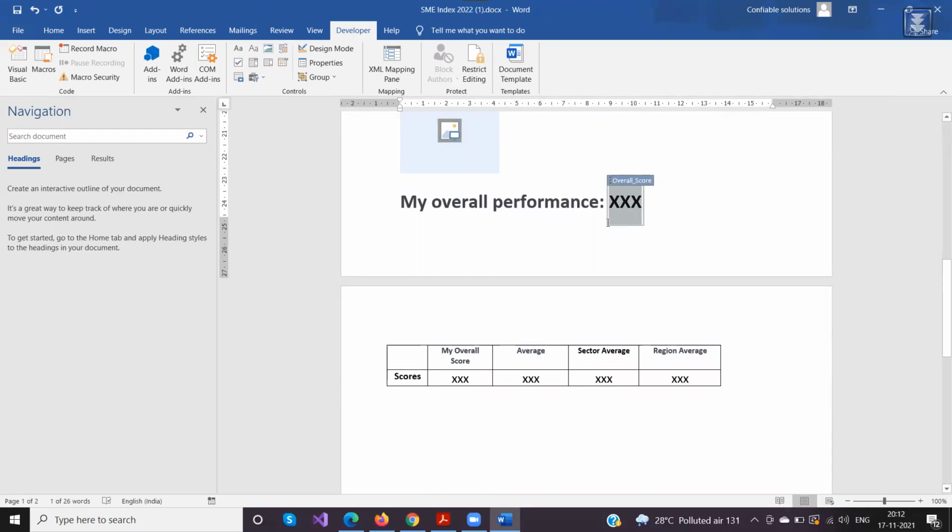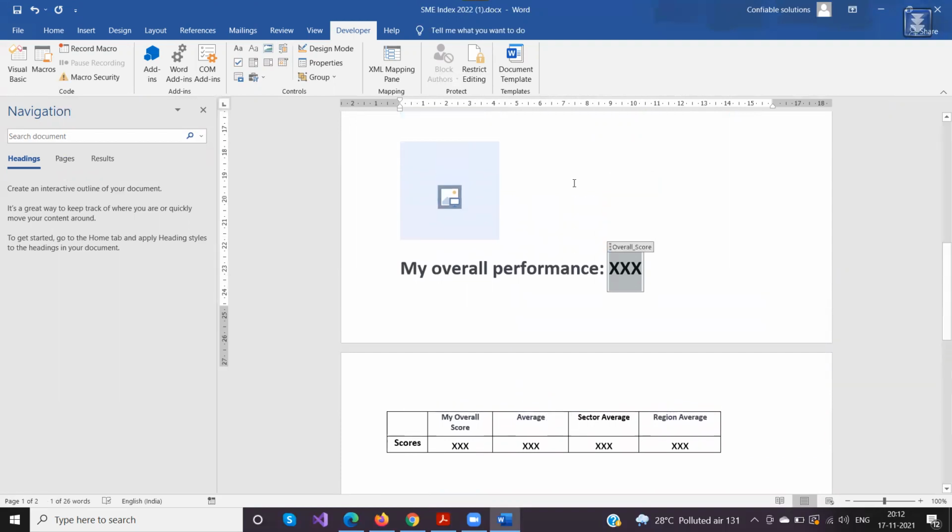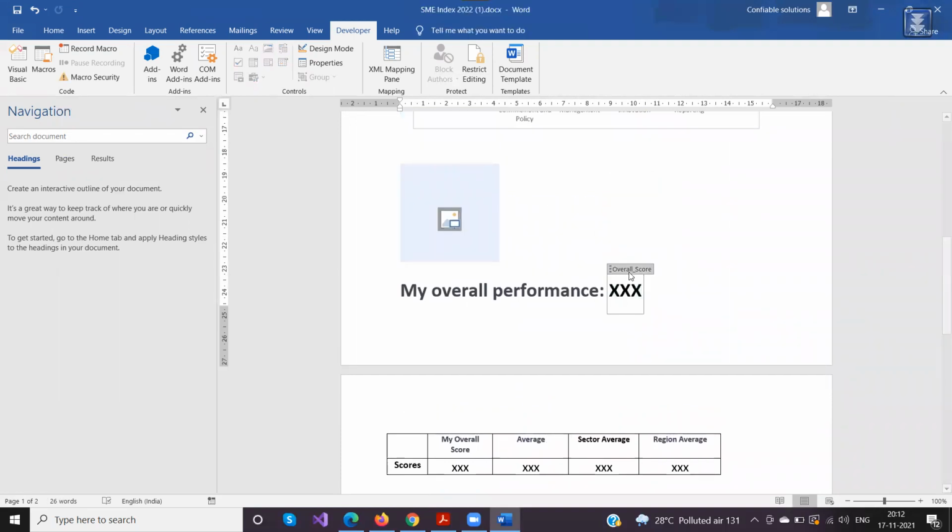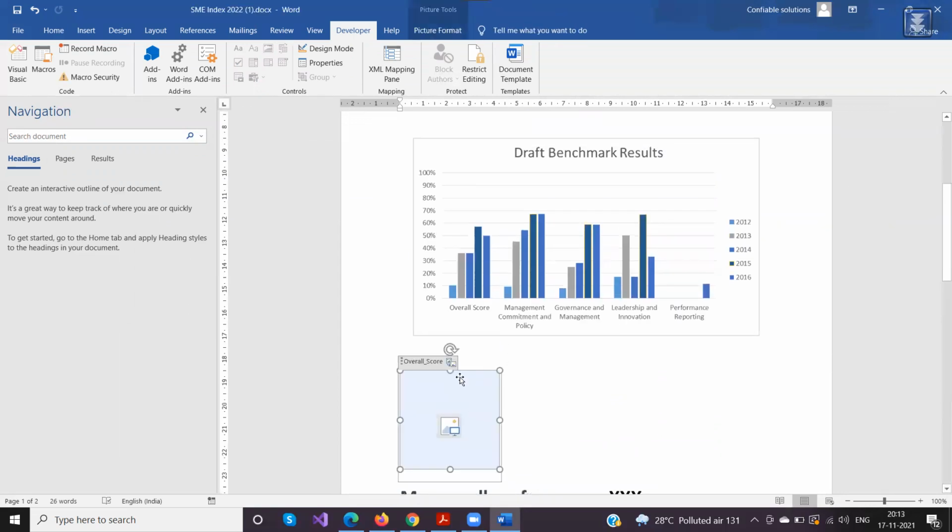The same placeholders can be used to show text as well, or anything else. There is no problem with it. So this is the picture control, and this is the normal text control, where you can show anything. This is what we actually do in the background while creating this.